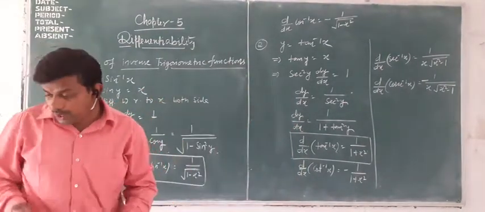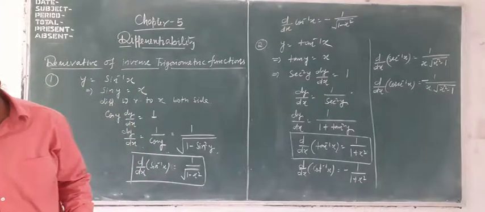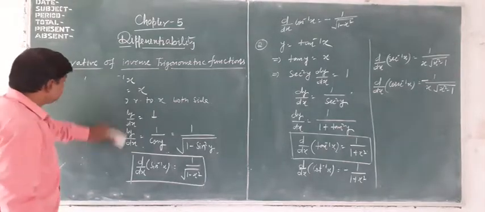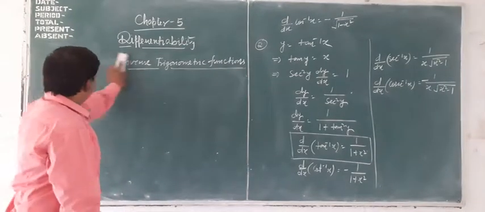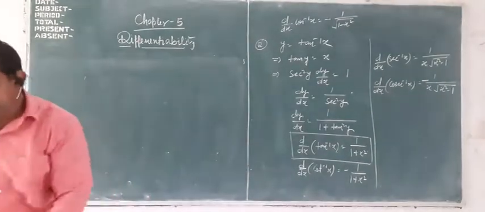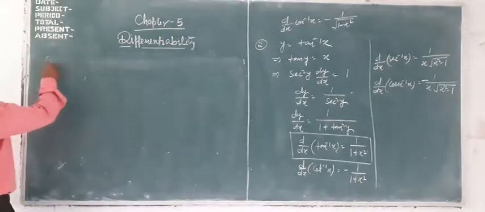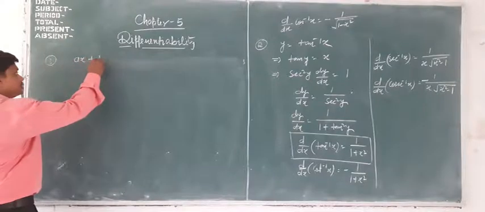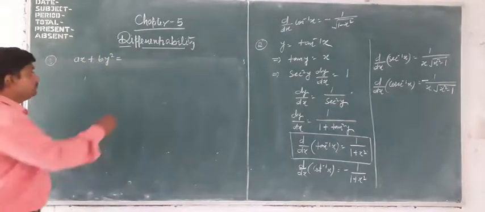I am going to discuss question number 3 and question number 8. Question number 3 is: ax plus by square equal to cos